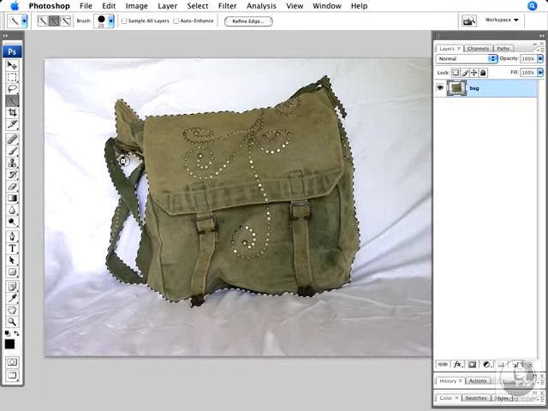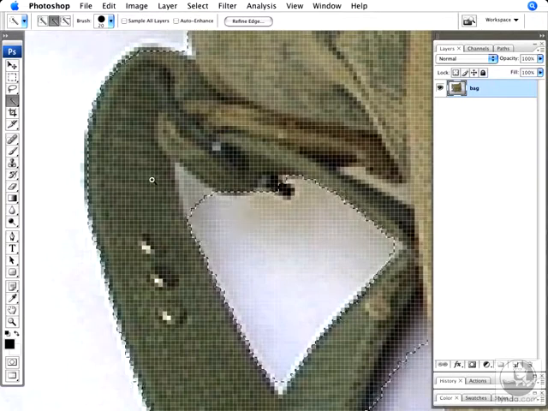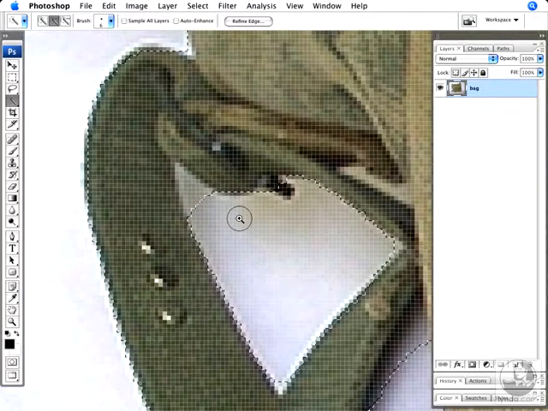And it helps if you can lower and increase the brush size. So I'm going to zoom up holding down Command and Space or Control and Space on the PC. And then I can lower the brush size by using my right and left brackets. Left bracket will make the brush smaller, right bracket makes it larger. So I'm going to make it just a little bit smaller.